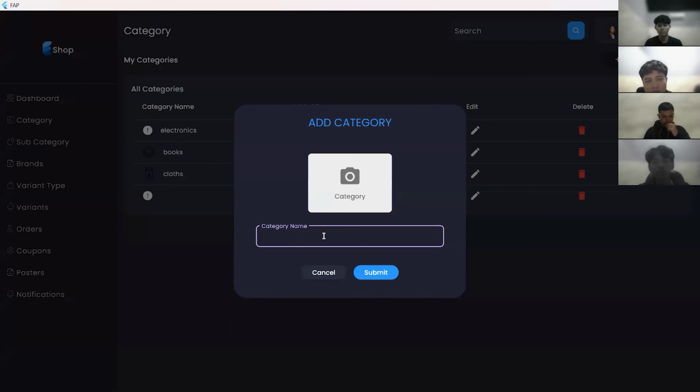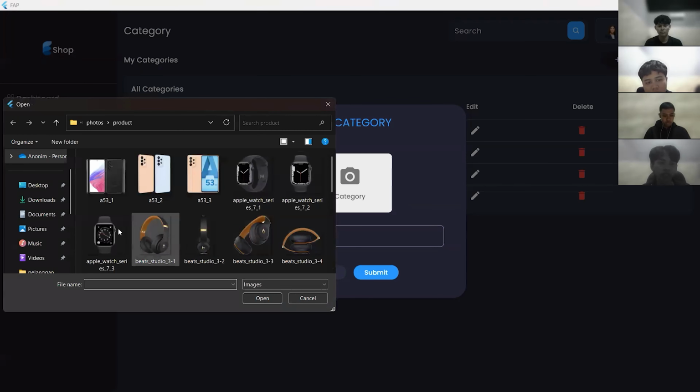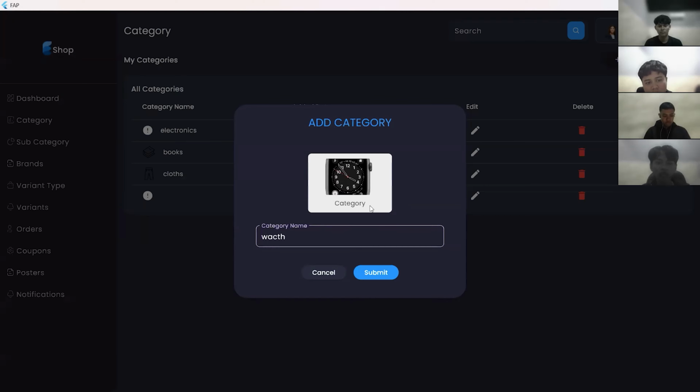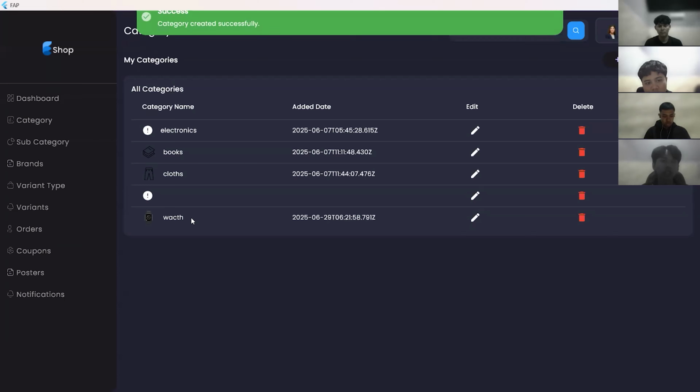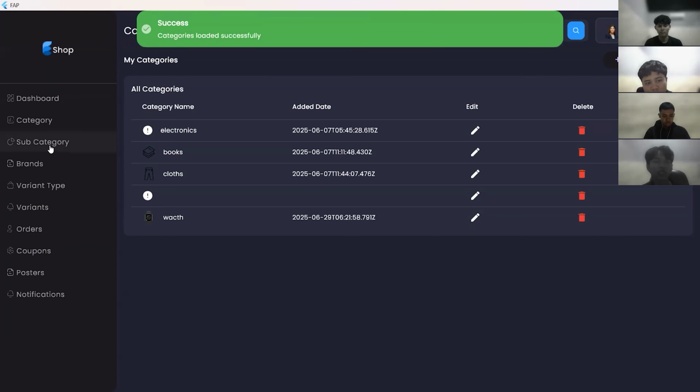Here you can enter the category name, and you can enter the picture. Next, subcategory.